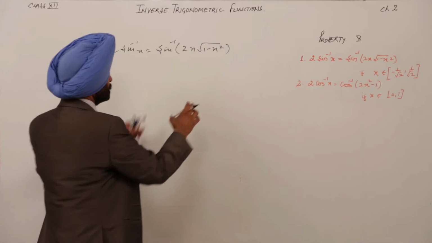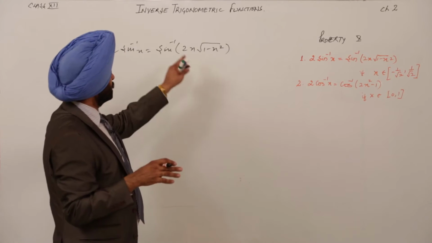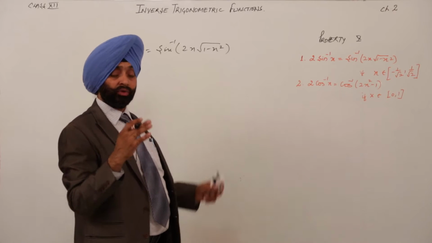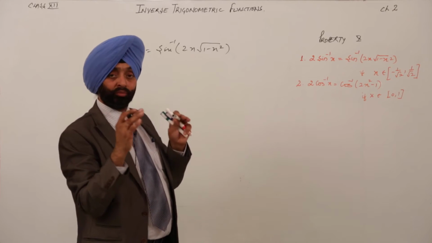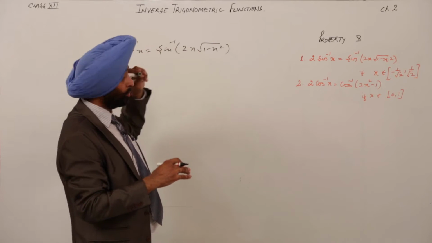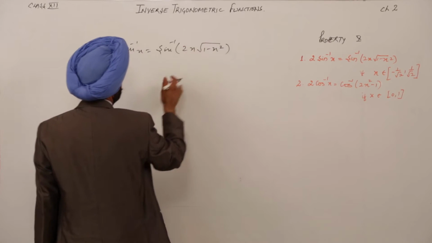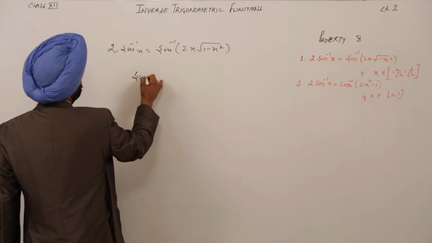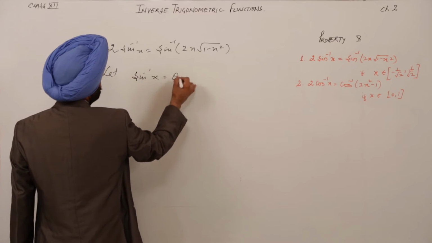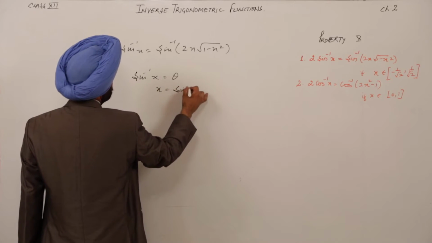Now this part we have to convert into the form of sine only, so that with sine inverse and sine theta, whatever we are getting, sine 2 theta, sine 3 theta, according to the property we can move through the particular steps for sine inverse with sine. Okay. So now let us take it for this right hand side. Now I am writing sine inverse. Let sine inverse x is equal to theta. Now what is x? x is equal to sine theta.